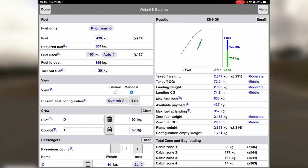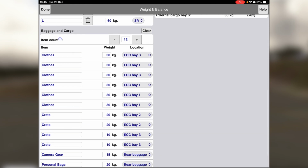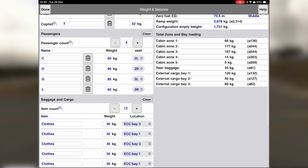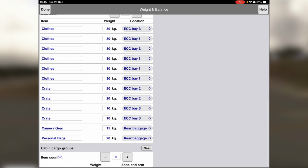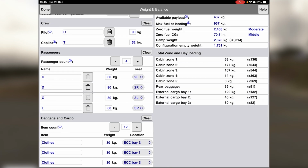We've got the same people and cargo on board. So basically we're bringing back the same passengers that we went on holiday with and the same amount of stuff. In reality, we've probably used some of the things, maybe some of the food we took. But again, to be conservative, I just kept all the weights and everything the same, which gives us a takeoff weight of